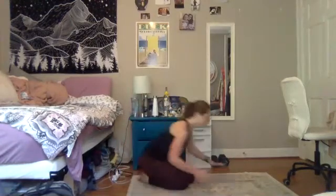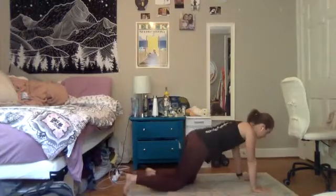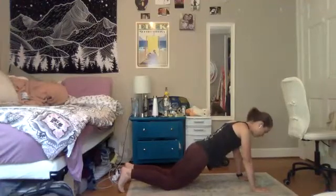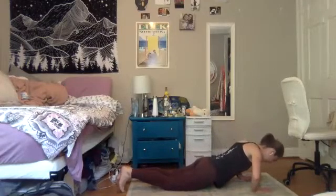So keeping that in mind, choosing whatever option you want, either on those knees, on those toes, or in tabletop position. We're planting those arms nice on the ground, fingers nice and spread out, core engaged. We're using our upper body and our elbows to lower our chest as close to the mat as we can, starting now. We're going 1,